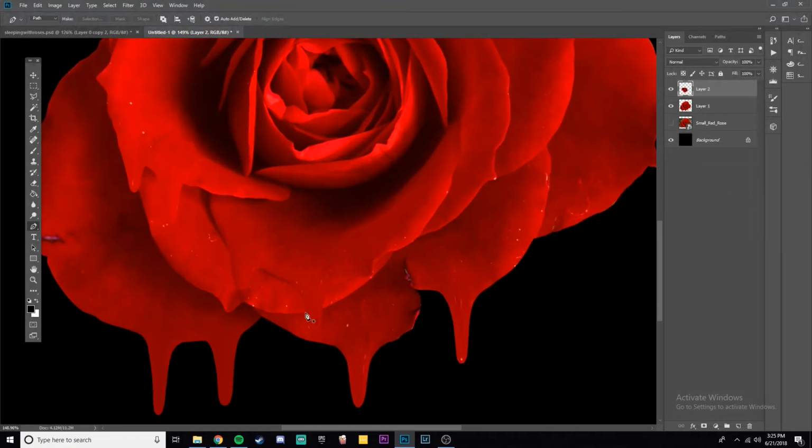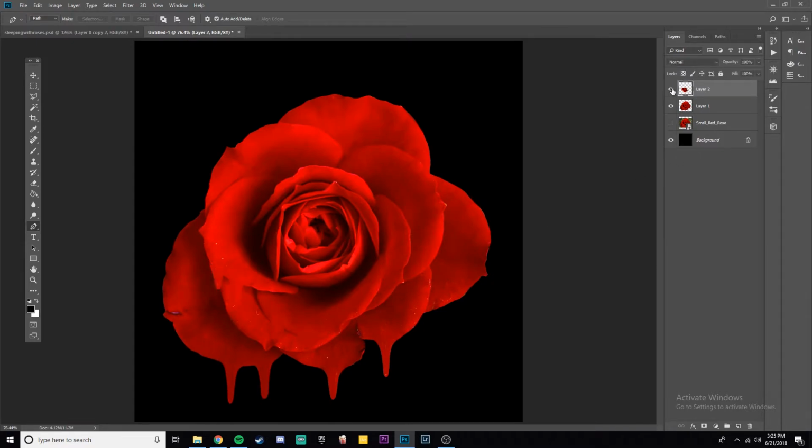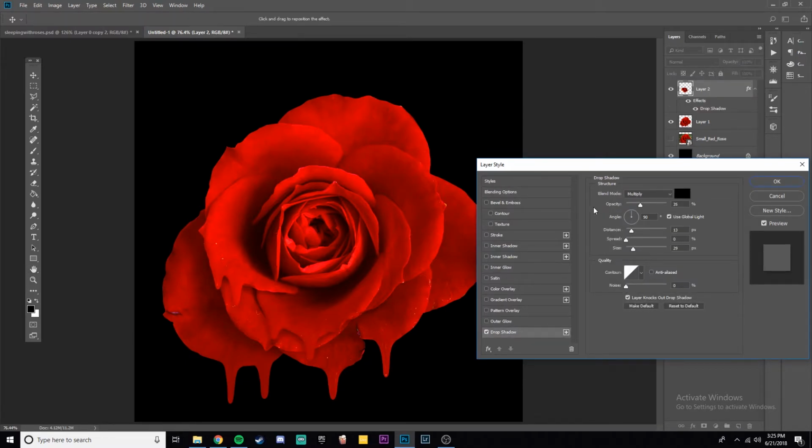So now you can see it looks more layered. What you can do is take this layer and make a shadow behind it. You can do this manually by taking a black brush, coloring behind it, and then messing with the opacity, or you can just do it from the blending options like this. So you're going to drop shadow,